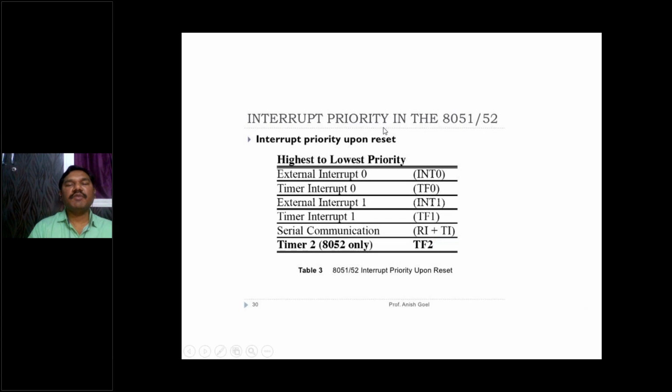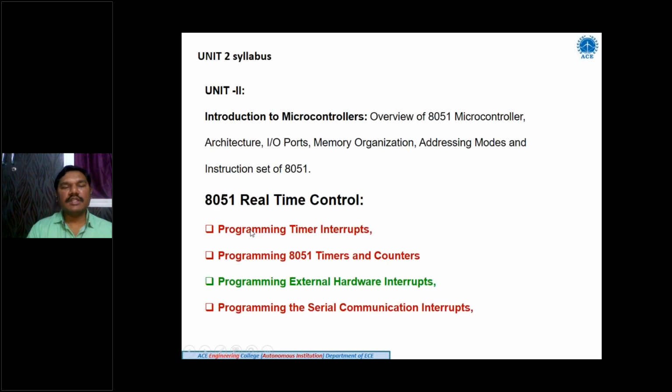So these are the different interrupts we have: external interrupt 0 INT0, external interrupt 1 INT1, timer interrupt 0 TF0, timer interrupt 1 TF1, and serial communication interrupts TI and RI. That is the syllabus you can see here: programming timer interrupts, programming timers and counters, programming external hardware interrupts, programming the serial communication interrupts.